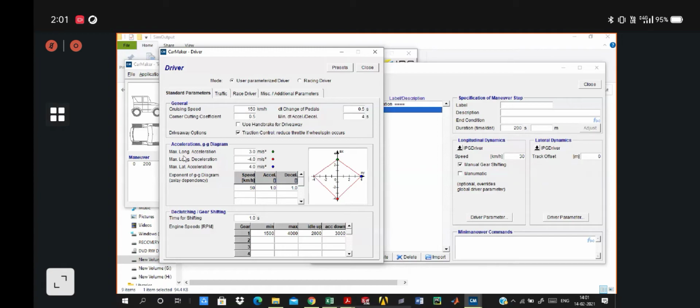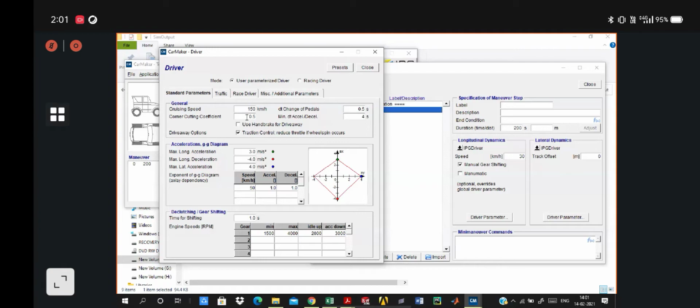Then there is acceleration and the VG diagram. You can define your maximum longitudinal acceleration, maximum longitudinal deceleration, and maximum lateral acceleration. These values will affect your vehicle motion while taking the corners.